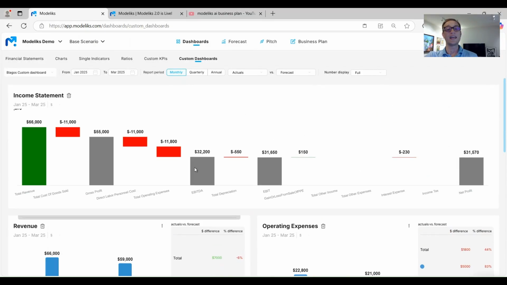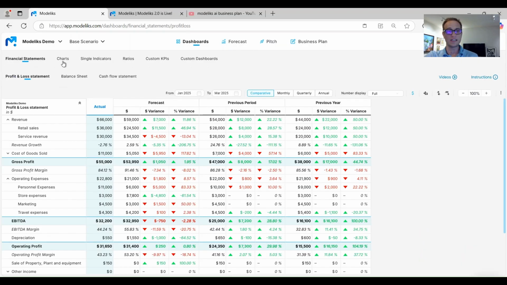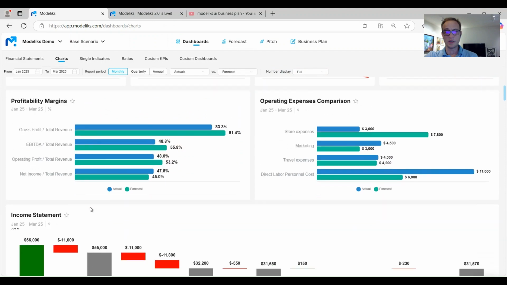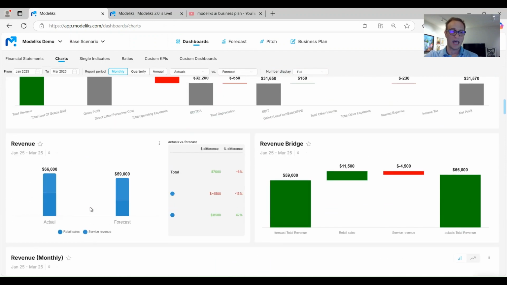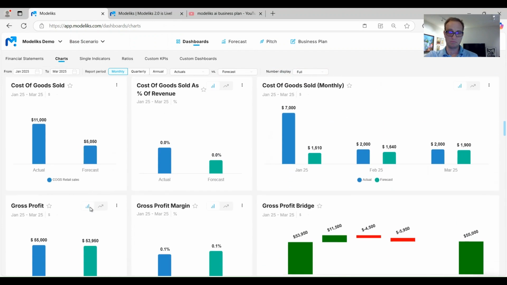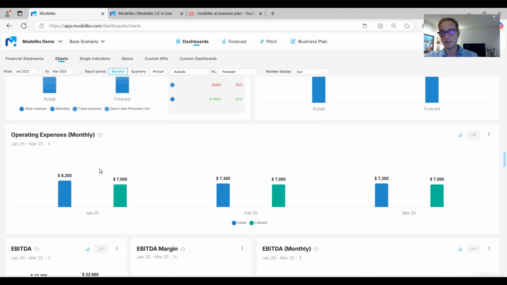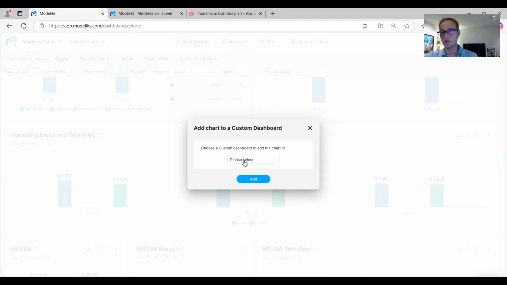And then if you want to add another chart or another table, maybe from variance analysis or from the charts here, you just go here, you find the chart that you want. Let's say I want to add the operating expenses monthly chart. You just click on this little star here. It'll ask you to which custom dashboard you want to add it. Lagos custom dashboard,